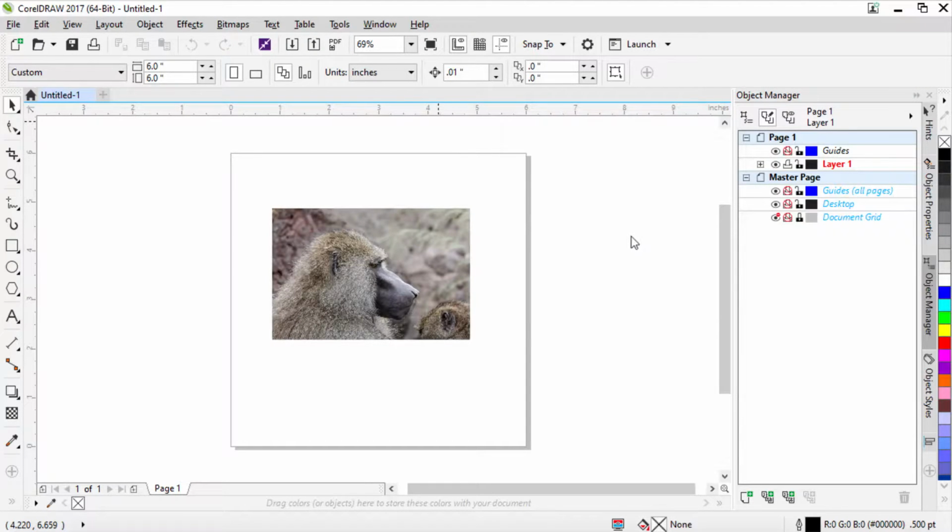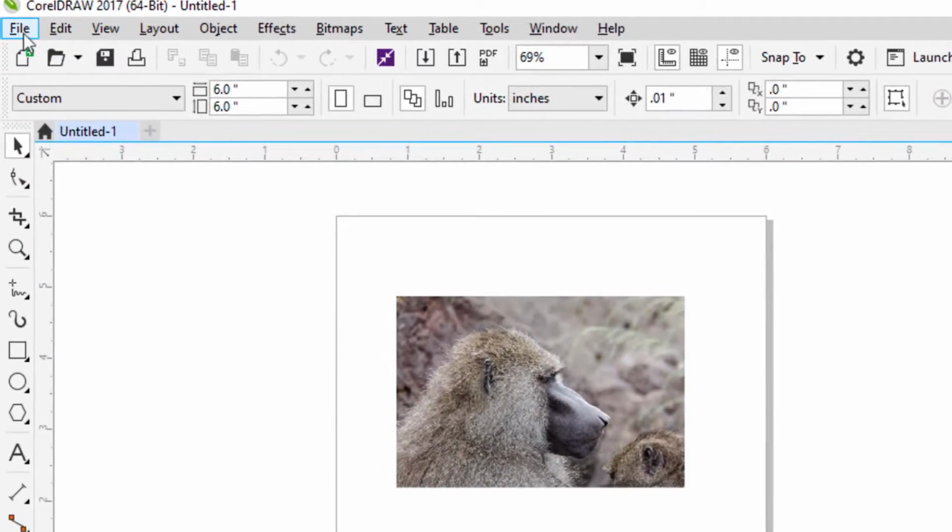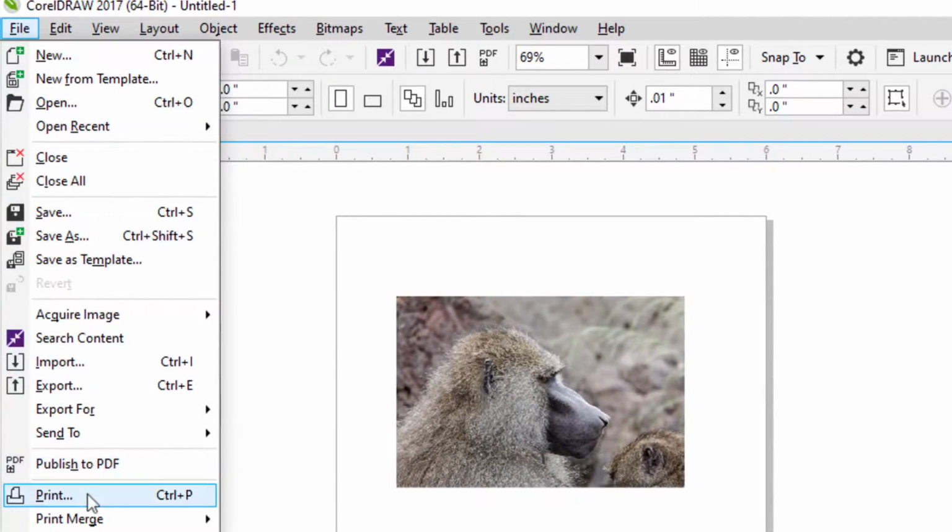I've got a job set up here in CorelDRAW, and I'm going to print the job to the laser. During the print process, I'll be able to access the material database, and I'll show you how to do that from within CorelDRAW. I have a picture on the screen here. It doesn't really matter what we're going to be using here. I'm going to go File, Print,